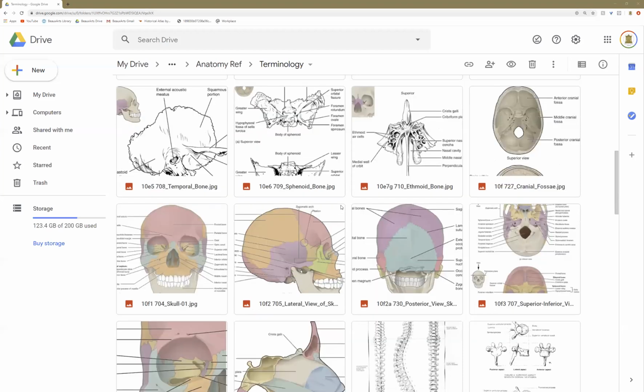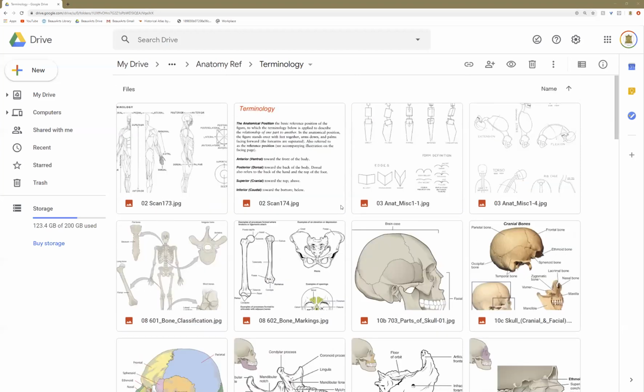So what I'd like you to do is do those drawings. So again, the axial skeleton would be the vertebral column, the skull, the thorax, and the pelvis. Do quick drawings of those, label them, try to commit them to memory, and post them in that folder